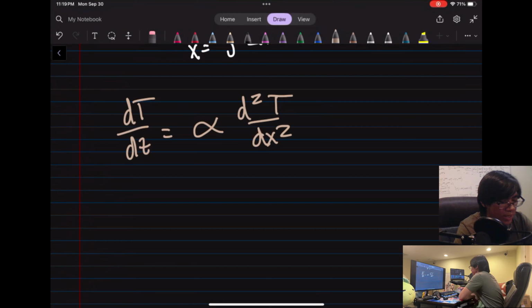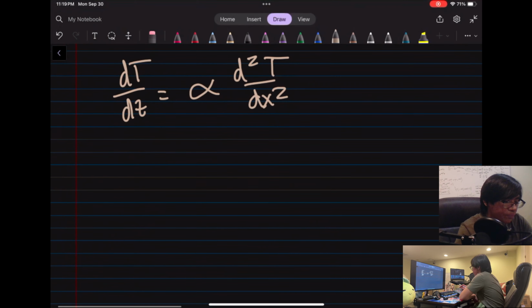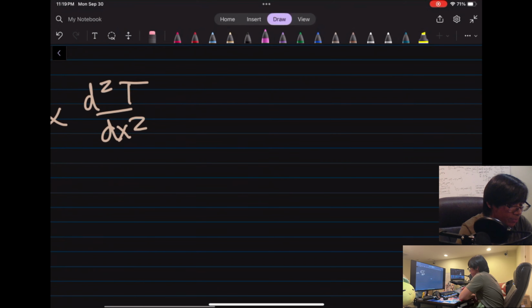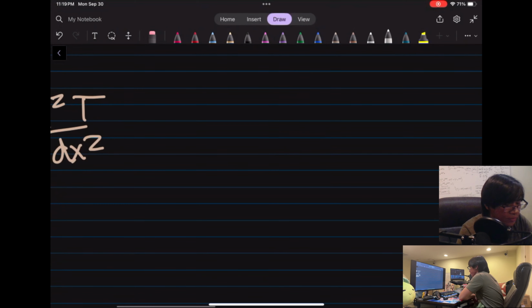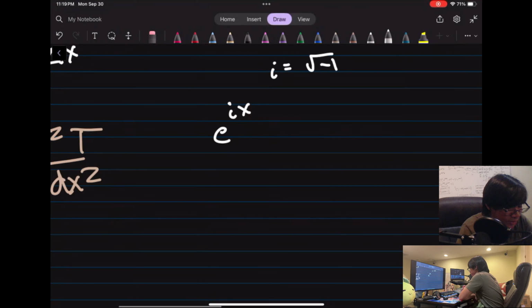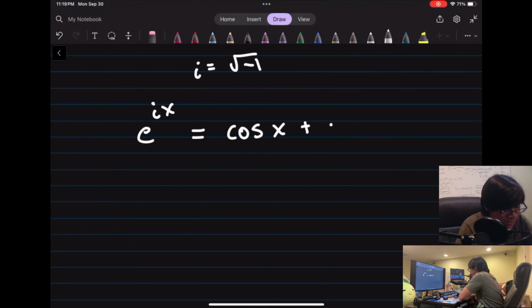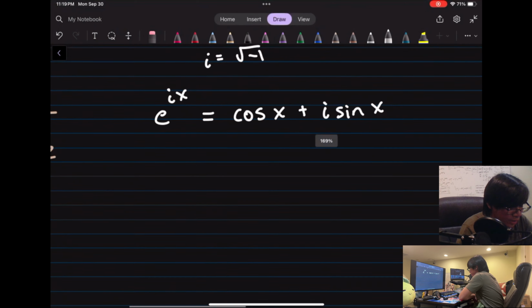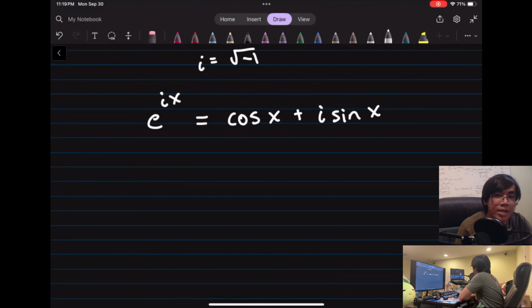So I'm going to introduce a concept you might be familiar with, Euler's formula, however you want to say it. It is e to the ix, with i, remember, being the imaginary unit, the square root of -1. So e to the ix is cosine x plus i sine x. And this will be important later on when we're doing the stability analysis. But keep in mind for now, we can express it as something like e to the ix plus e to the